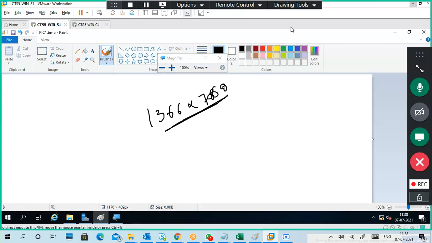If you see here at the bottom, it shows the current picture size. You can take the picture from your computer, the normal pictures from your desktop, or you can create your own picture also, but whatever it is, the size should be in this range only.